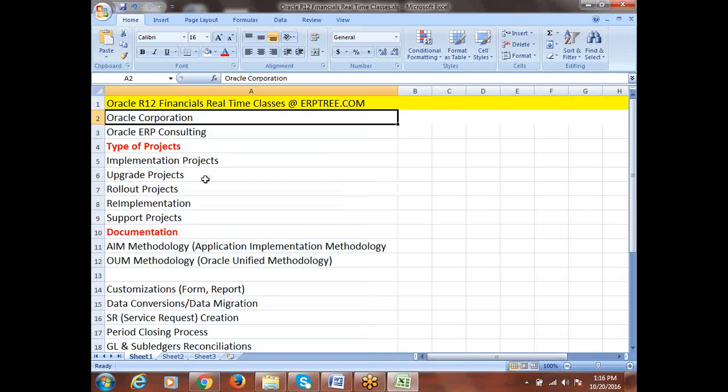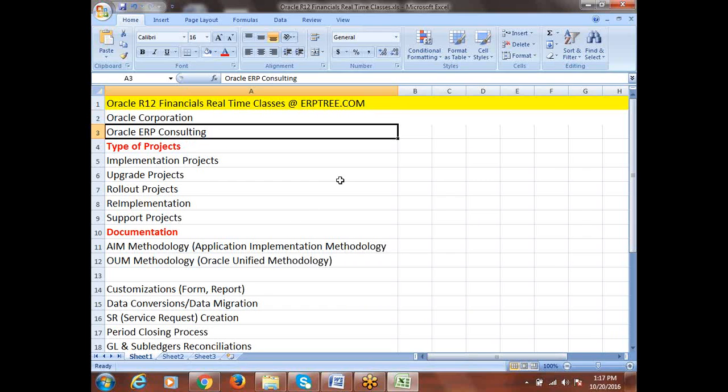First, initially we'll understand what is Oracle, because this product is from Oracle. Let's try to understand what exactly Oracle is, which divisions we have. When we are working, which divisions we have to interact with, and when we are working in some company, which divisions we need not interact with. We will understand the functionality of each and every division.